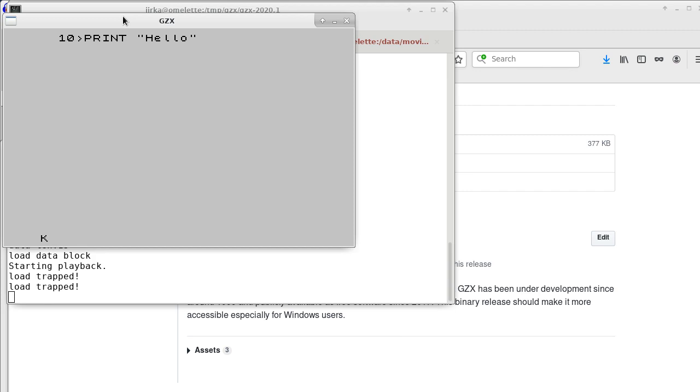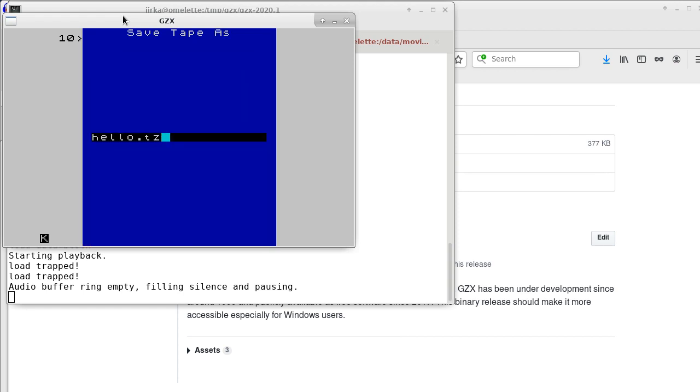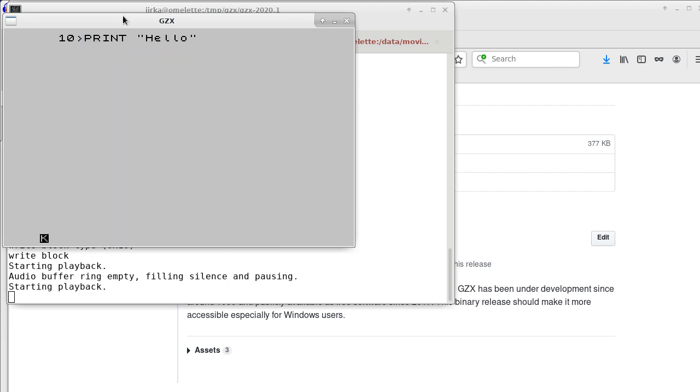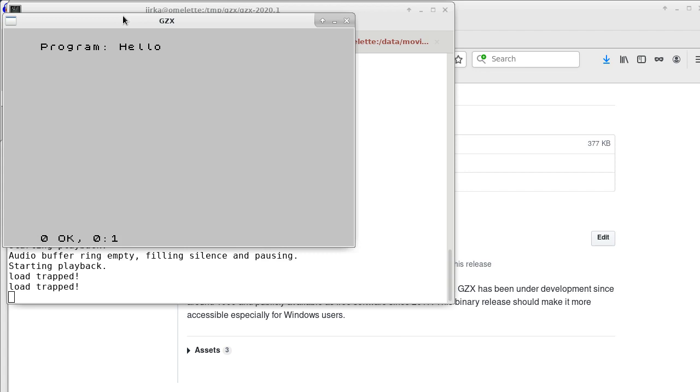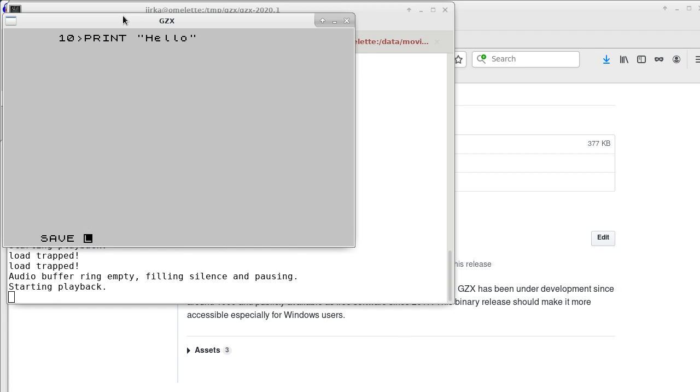We can also convert a TAP file to TZX. We already opened the TAP file, and now we can do a save as hello.tzx. And again, if I open the tape file and load it, it's there. Or I might want to disable QuickTape, and you will notice that it now actually shows the state of QuickTape. So disable QuickTape, and if I do a save hello,